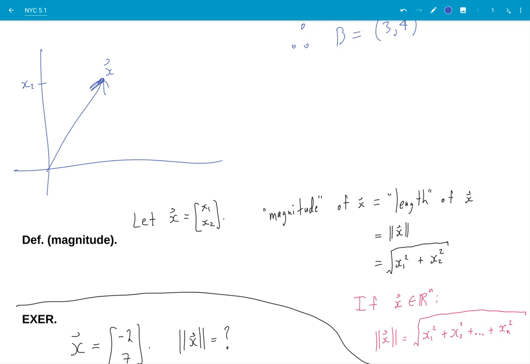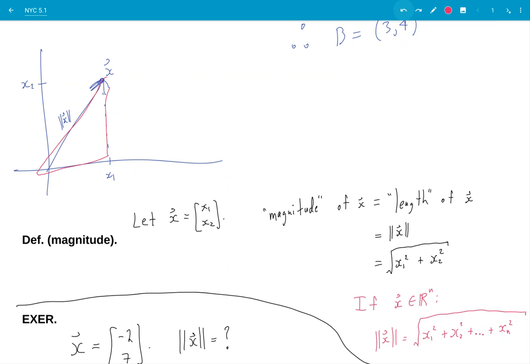Let's say it's right there. And you got x1 here. And then the length of x is this side length. If you imagine this to be a triangle,